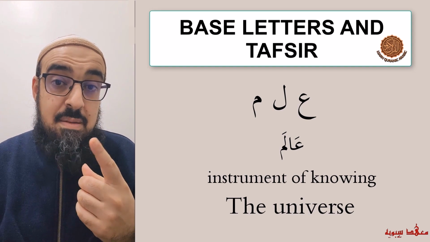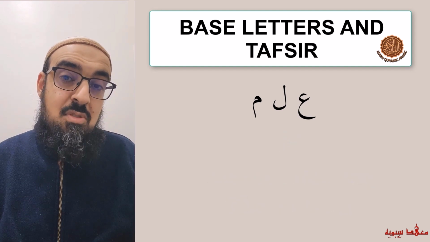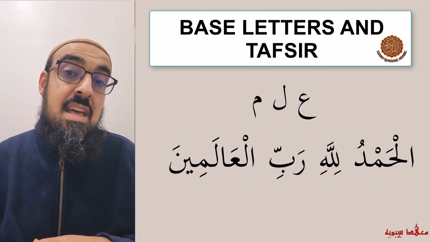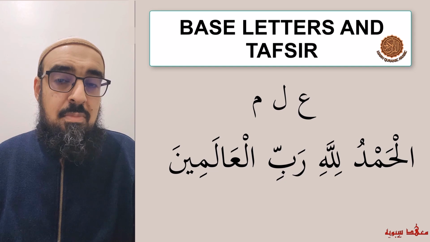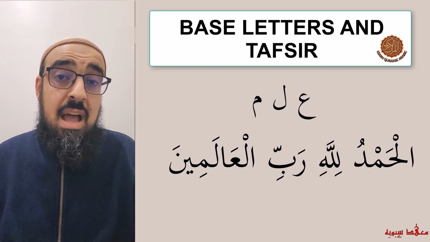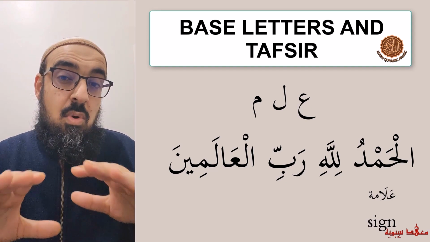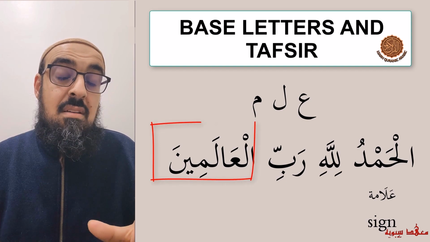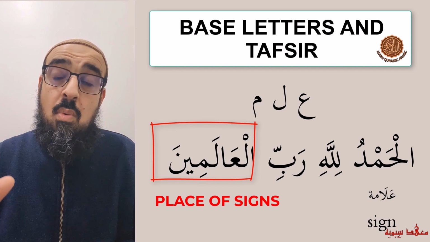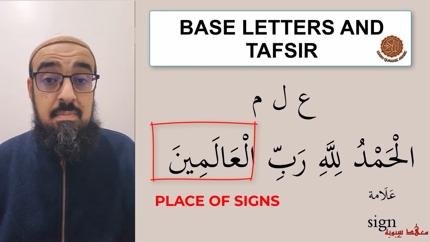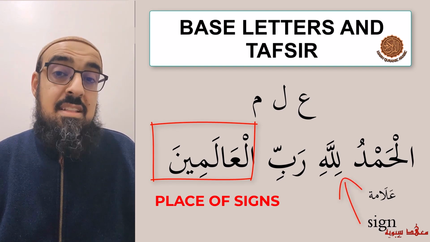And it's not just one alam, it's alameen. So it's in the plural. Alhamdulillahi Rabbil Alameen. That He is the caretaker, sustainer, nurturer of the alameen. And then from the word ilm or alima, we get the word alama, which means a sign, to indicate something. Getting back to the word alameen, it's a place of alamat, of signs. Everywhere we go, what we see in the world, they're all signs. And they all point back to a creator, a designer.